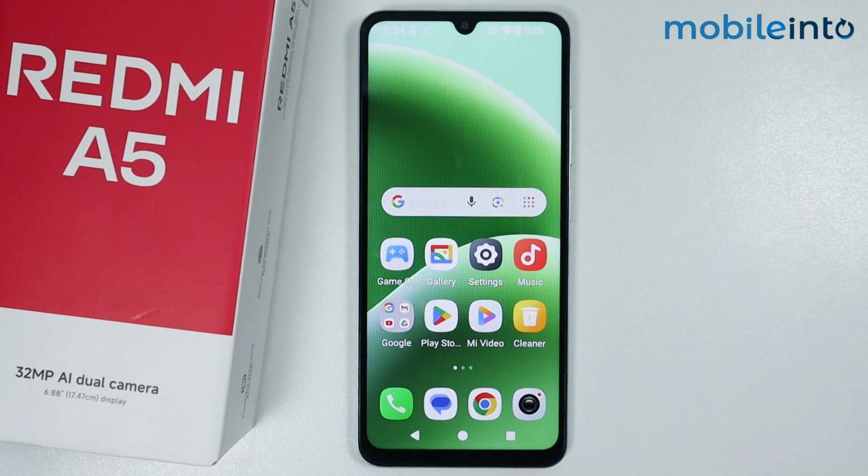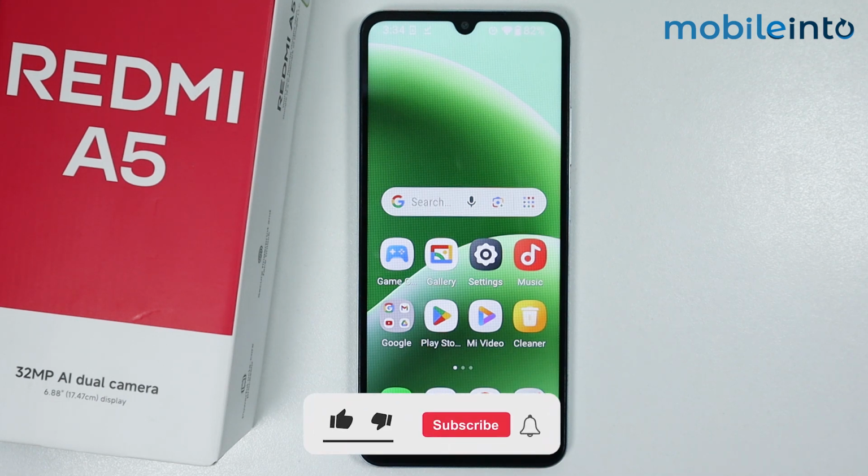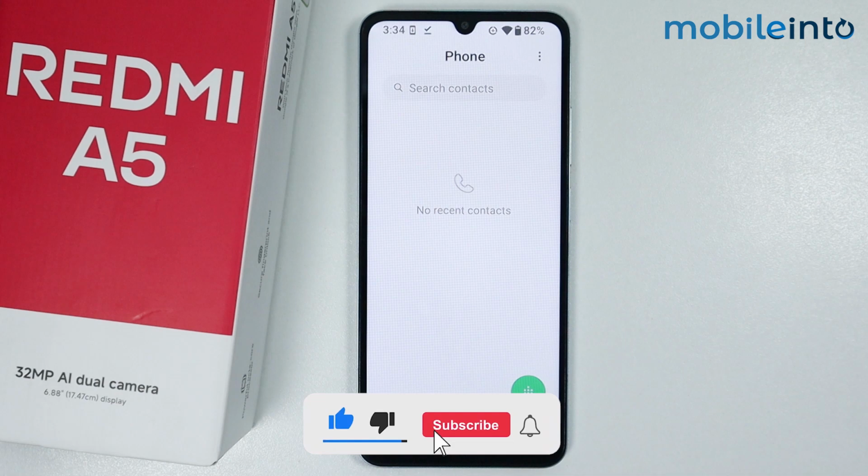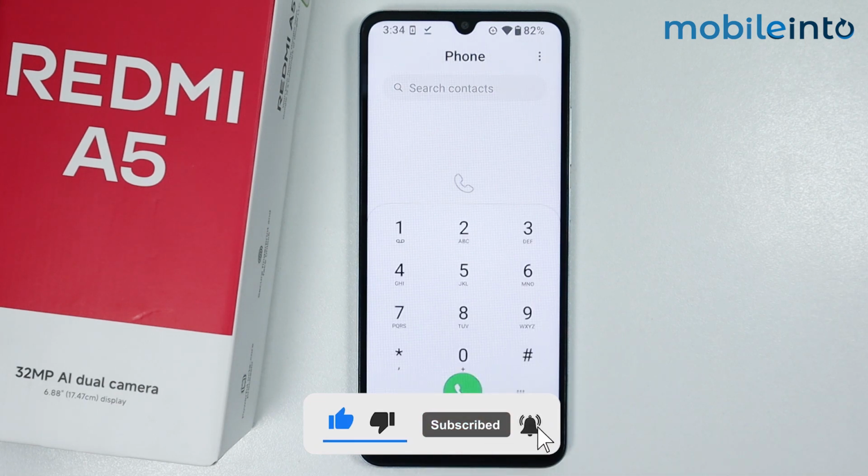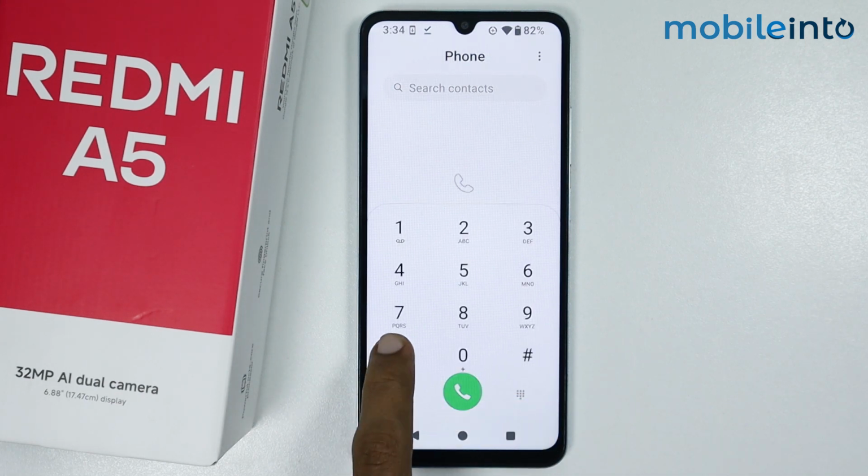Hey, what's up guys? So in this video we will see the two codes to check if your Redmi A5 is real or not. Now to do that, just open the dialer app. Now for the first code, just dial